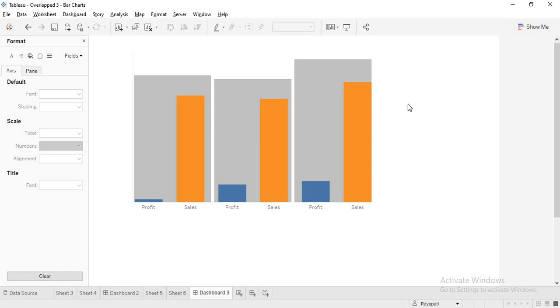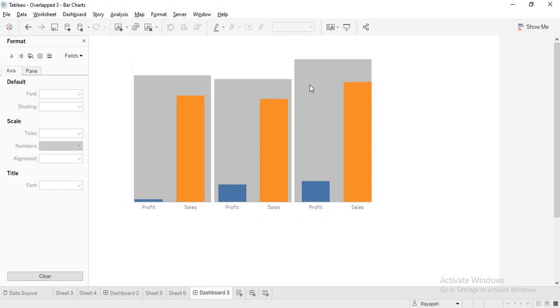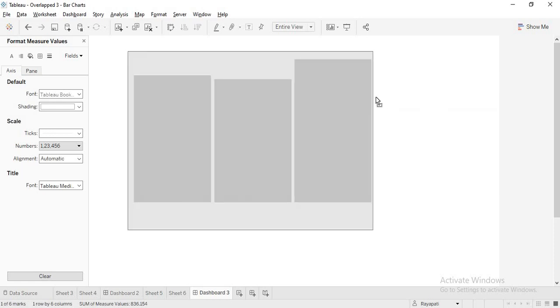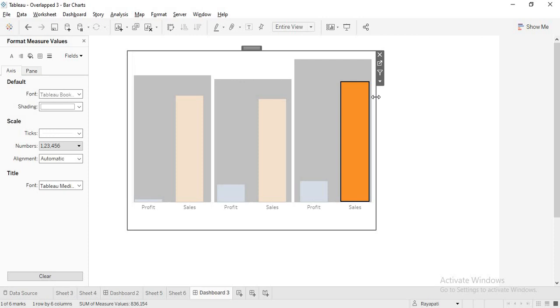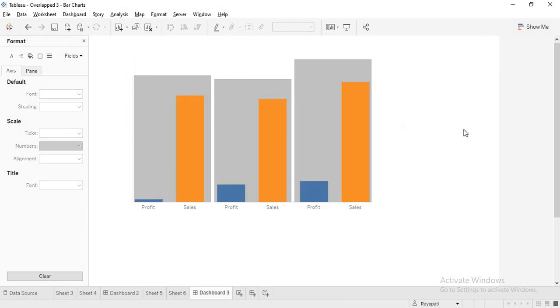Yeah, now perfect. If you see this being overlapped, some distortion is there, but that is what again you have to work out. I think increasing or decreasing the width might solve the issue. Yeah, decreasing it is actually giving some positive results. See, so this is the solution, guys. And this will be the solution even if you want 4 charts. More than 4 we can't, but till 4 charts, I think this will be one solution that you want.